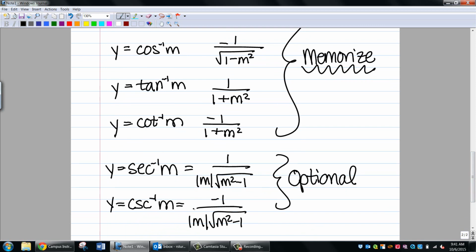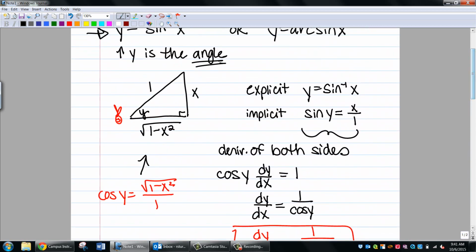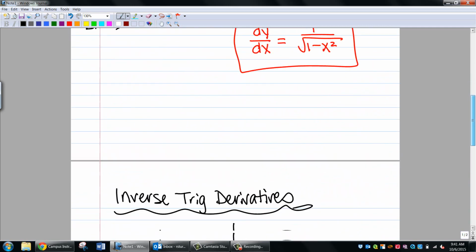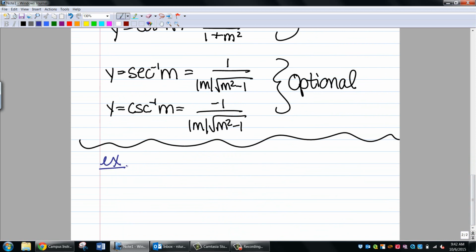So now let's just practice using this. You can always go back and try what we call the triangle method, which is what we did up here, and draw your triangle out and work it backwards. Or you could say, you know what, I'm just going to memorize these formulas and do a little plug and chug style. So, for example, if we want to find the derivative of cosine inverse of the quantity 2x cubed,